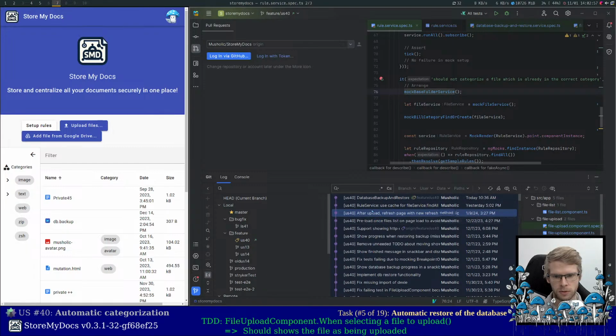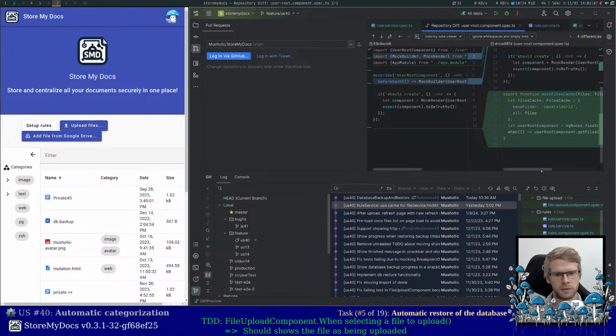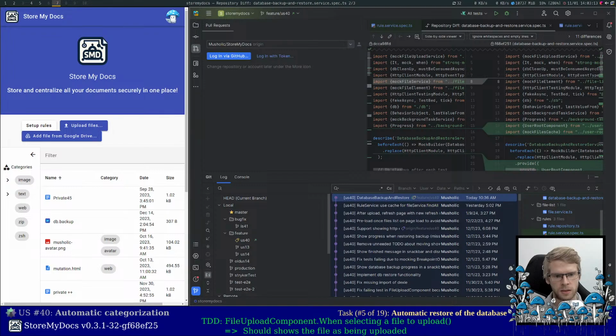This one was, okay, but for example, if I have a look at the change here, no, but yeah, the last change I'm doing is quite big, because